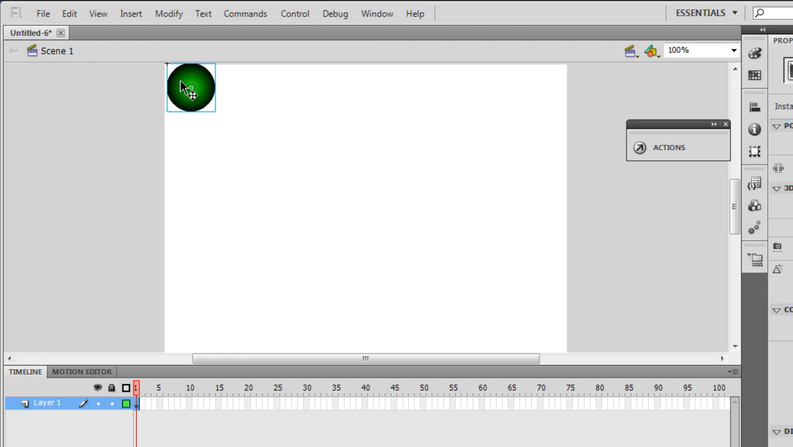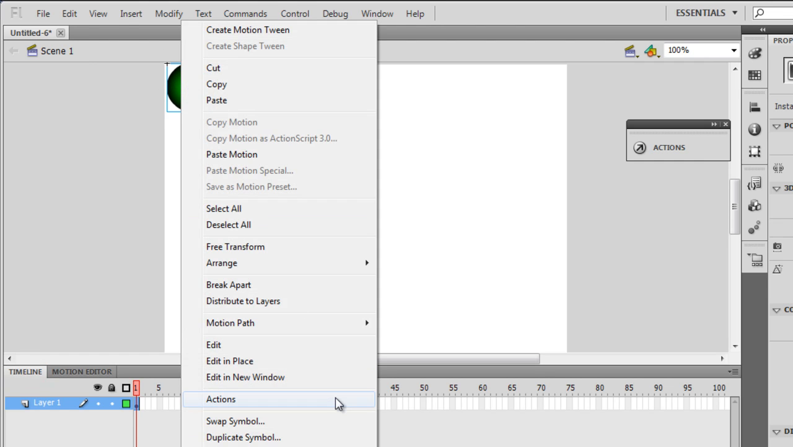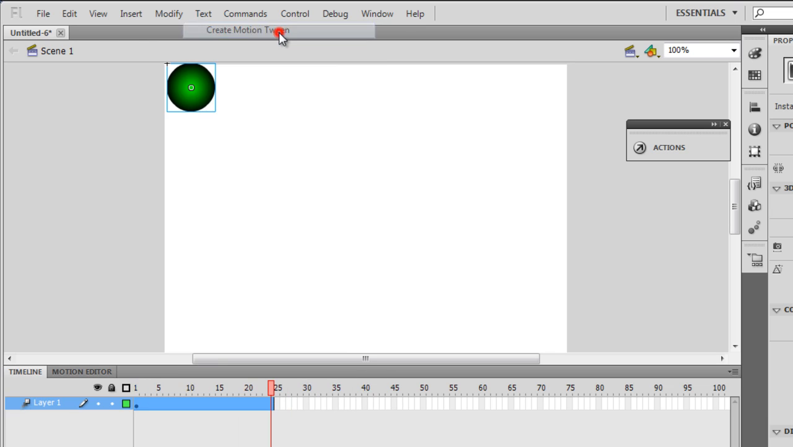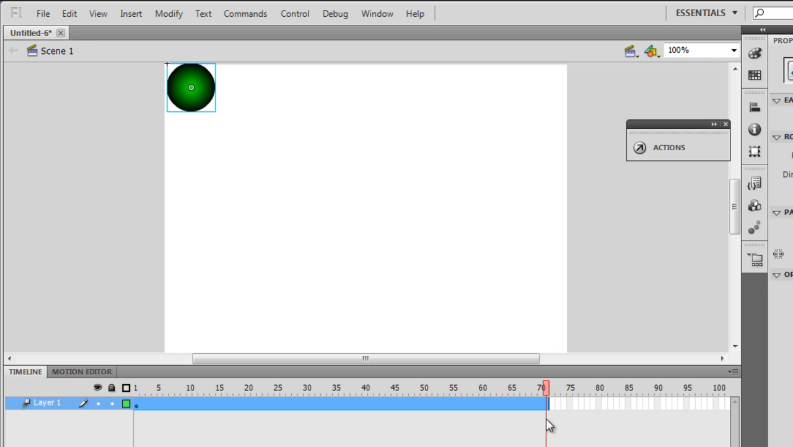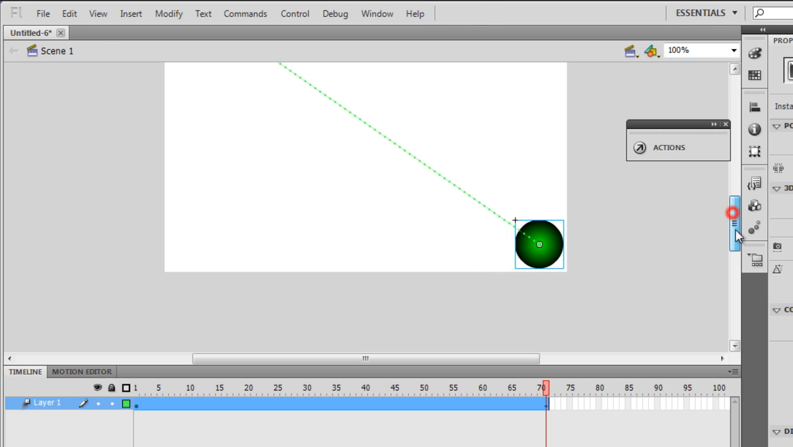Cool. I'm gonna right click, and I'm gonna say create motion Tween, and automatically you will see that Flash inserts 24 frames, which equals the FPS. I'm gonna stretch it to, let's say, 72. So by default Flash covers 72 frames in 3 seconds. Cool. Right, and on the 72nd frame, guys, I'm gonna take this ball and I'm gonna place it in the